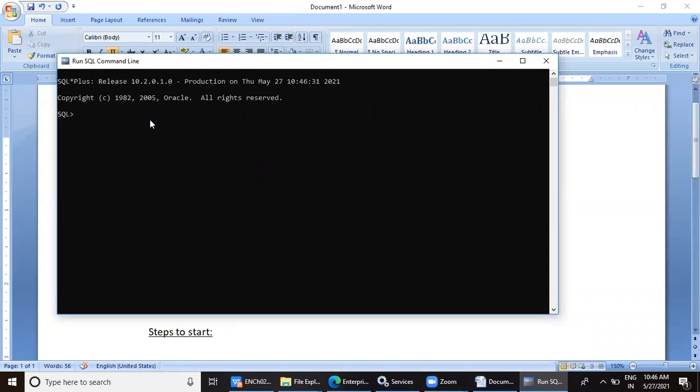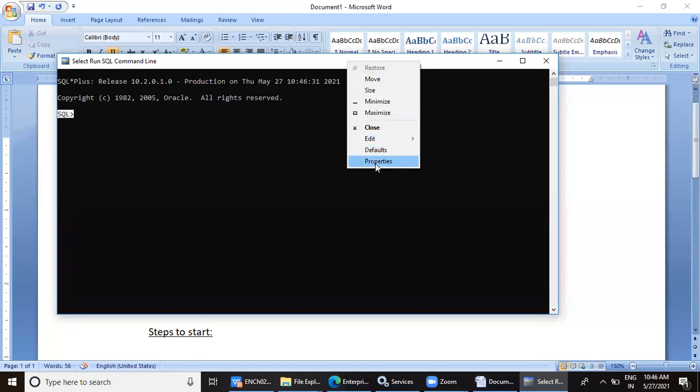Yes, everybody has done. Can you see the screen? What prompt you see here? This is called as prompt. Which prompt do you see? SQL.